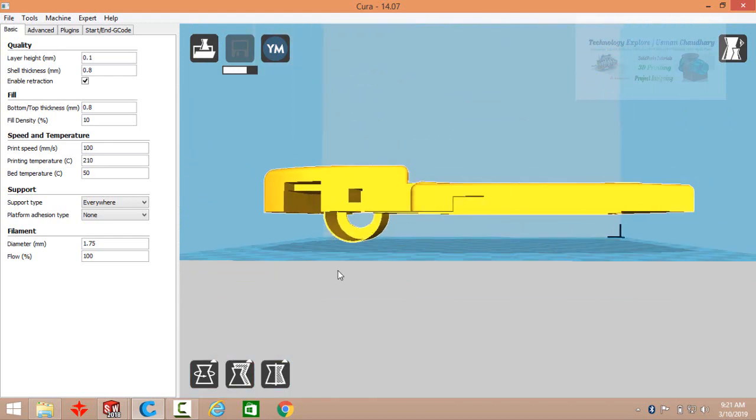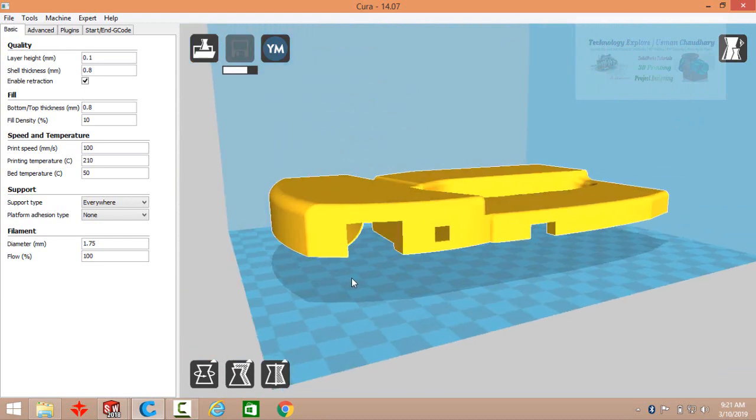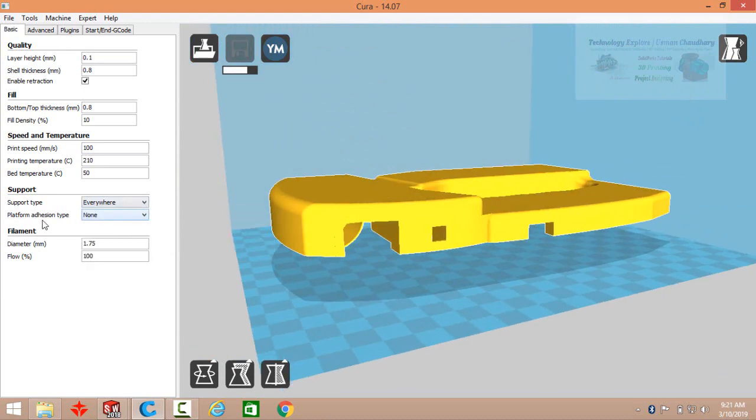So that is why we have to make the support type everywhere. Then platform adhesion, brim or raft. So I'm going to select brim. These are basically two structures of supports.